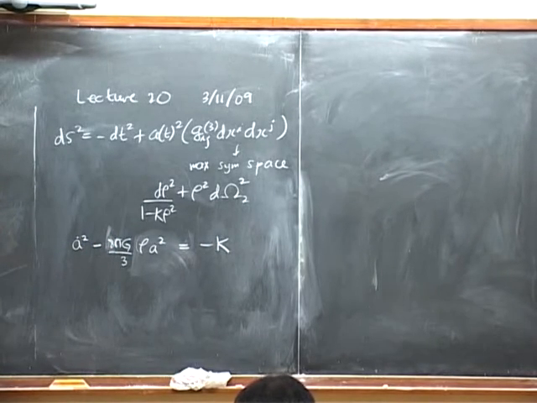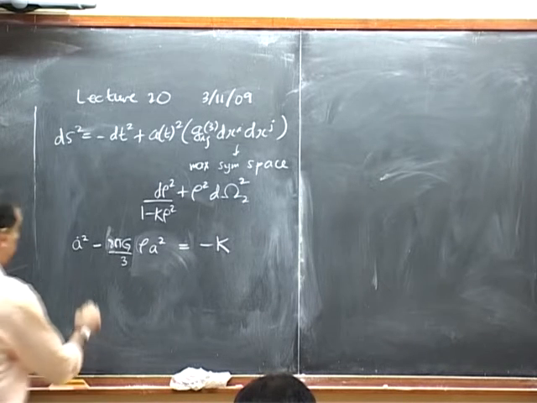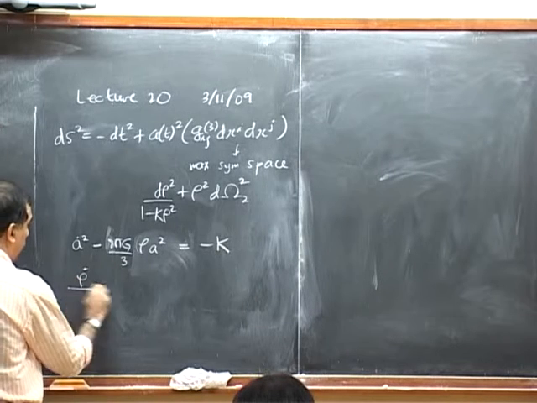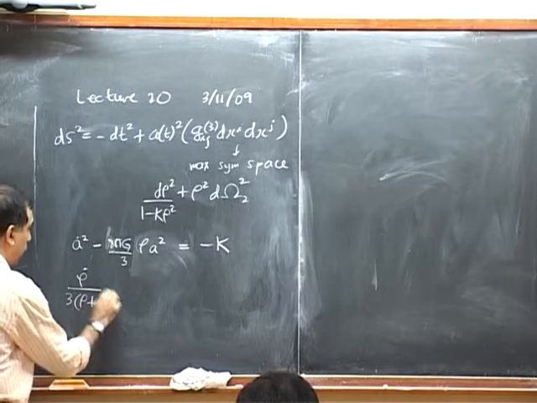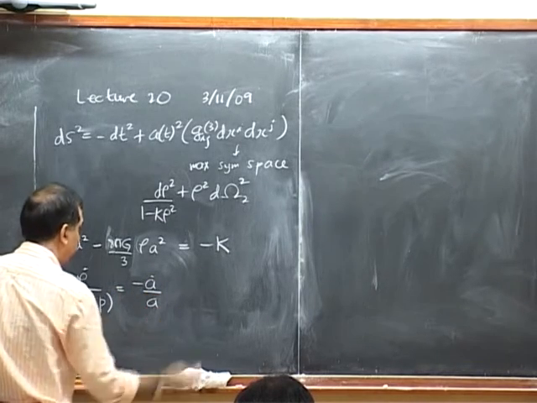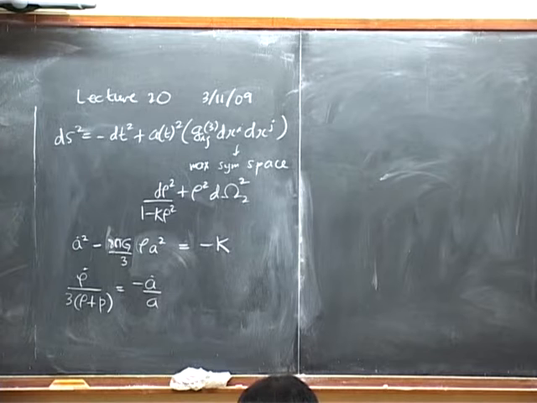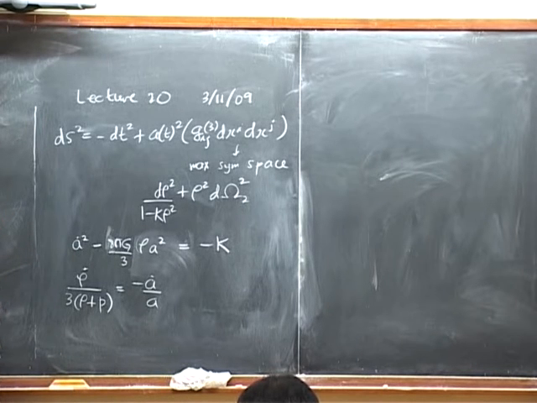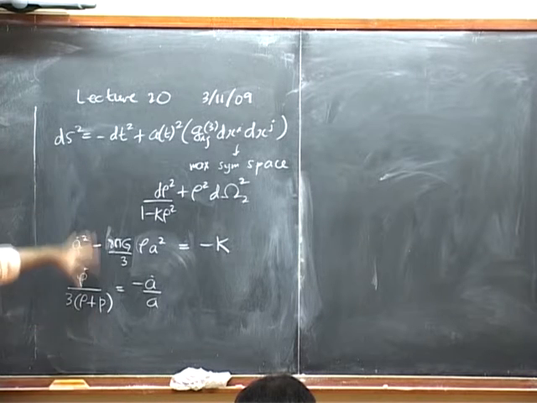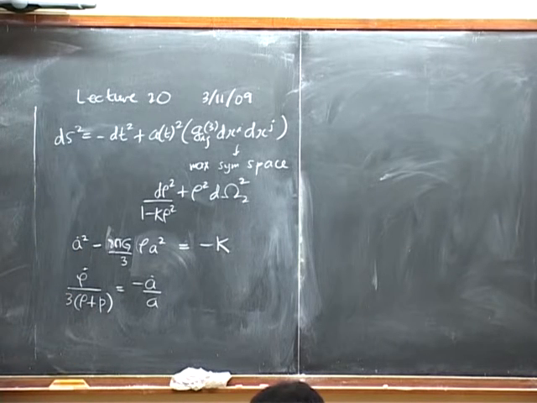There's another equation which is obtained by combining both the Friedmann equations in their original form, or alternatively by studying the energy momentum tensor, and that says conservation of the energy momentum tensor, and that says that rho dot over rho plus p is minus 3 a dot over a. A dot over a, in fact, is the Hubble parameter H of t. So these are the two equations, and now we are going to take this system and extract a bunch of physical consequences. But as I said, I don't think we'll be needing any more general relativity per se.